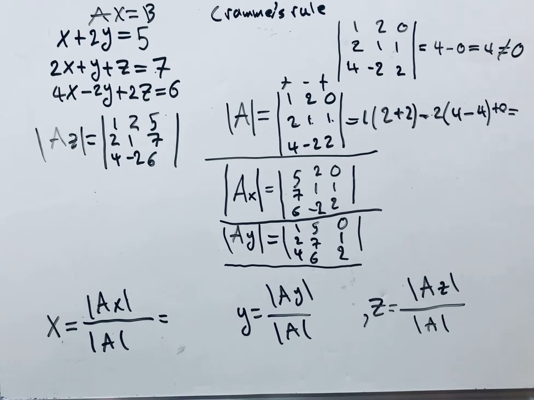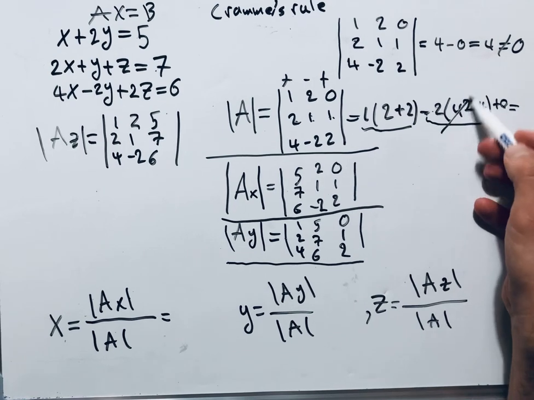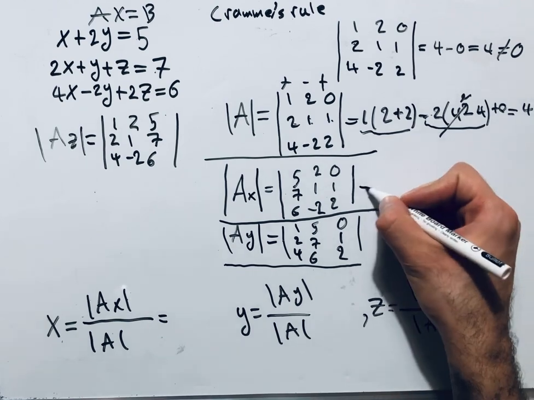So I think the one that we calculated above was also true, so this is 4, and then this all becomes 0, okay? So this is just basically 4. Okay, for A sub x, let's see,